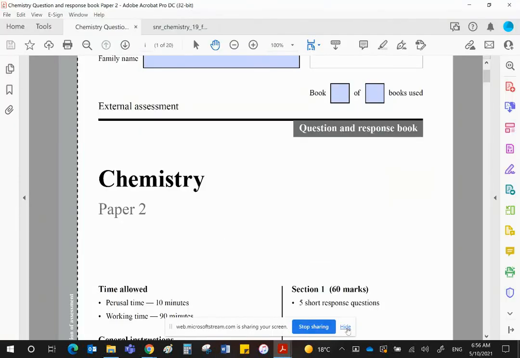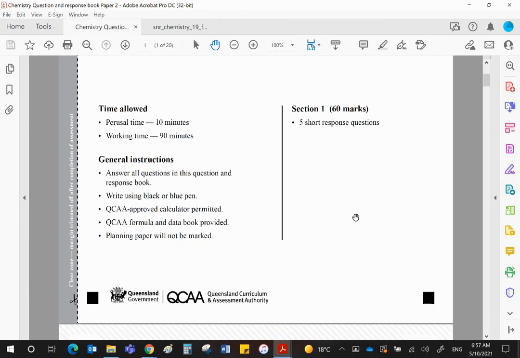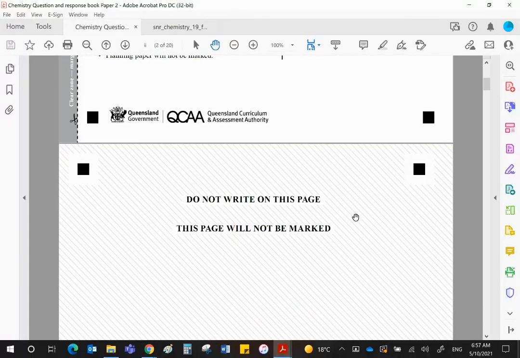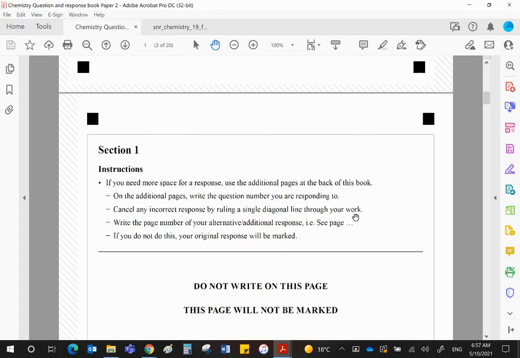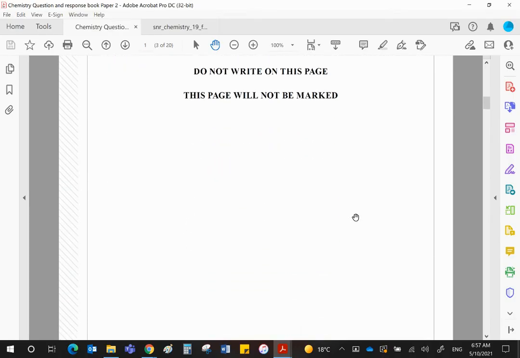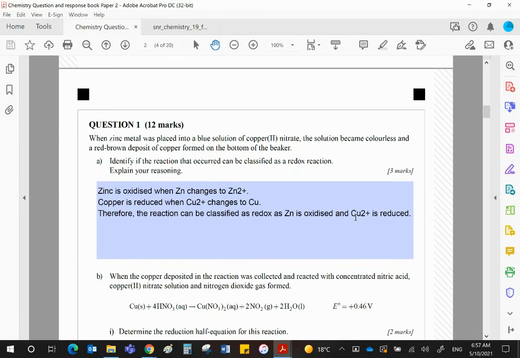Okay, guys, this is paper 2 from last year's externals. Again, I have copied in the solutions that QCAA have provided. The formatting, unfortunately, doesn't work very well some of the time, but again, as long as I explain it, I'm sure that'll be okay. Okay, so question 1 is basically asking if the reaction between zinc and copper sulfate is